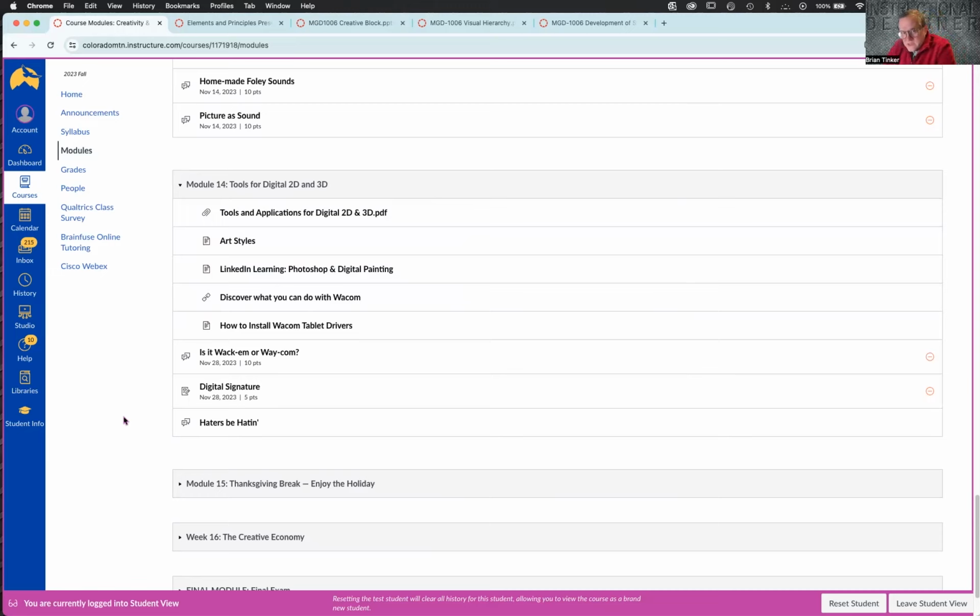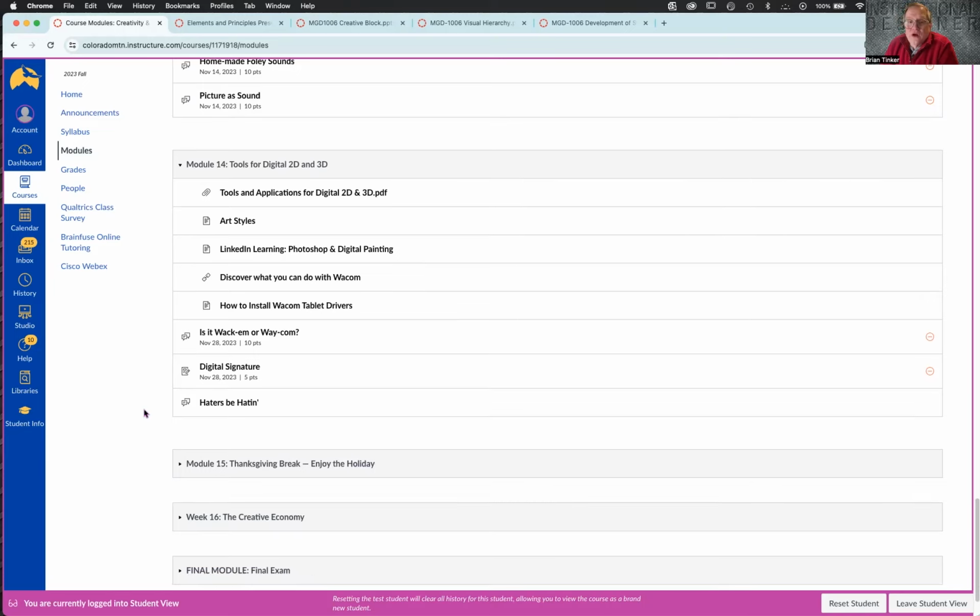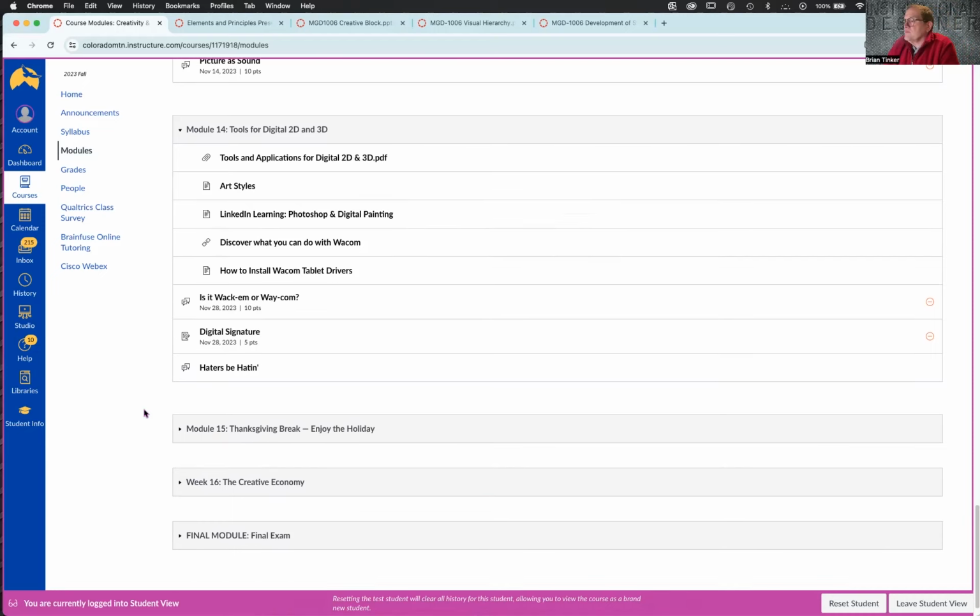Most students enter college with a single software application that they feel comfortable with, and it's usually Photoshop. And it's important to get them to understand early on that there are lots of different tools, each of which has its specific things it's good at and things maybe it's not as good at. We want them to make thoughtful choices about which technologies they use on projects, so that they can use the tools that are going to deliver the best result, not just the ones they're most comfortable with.